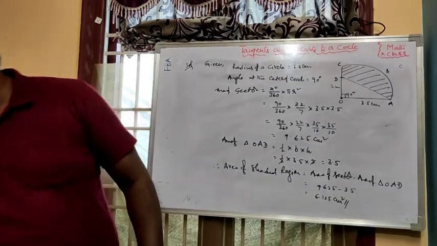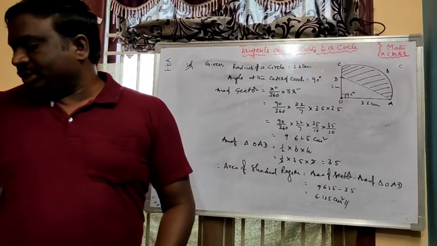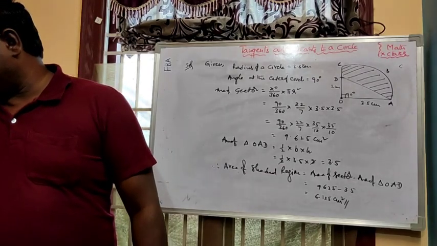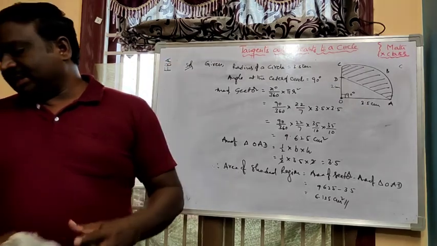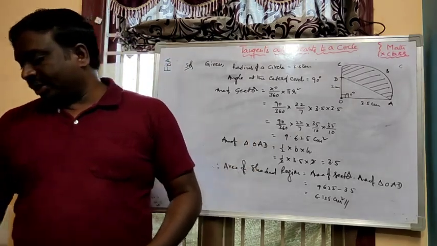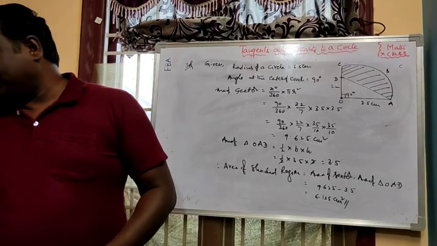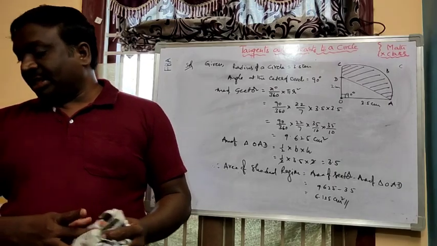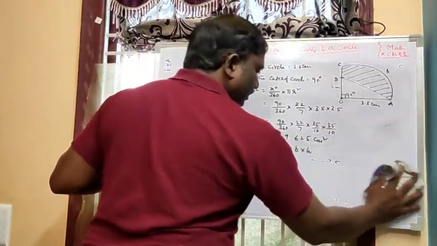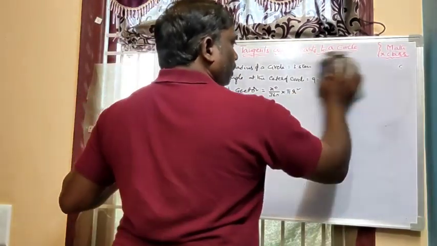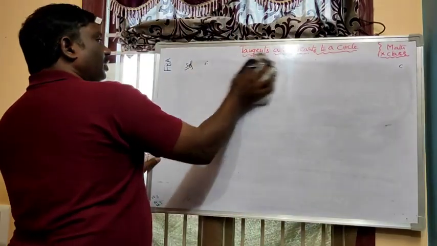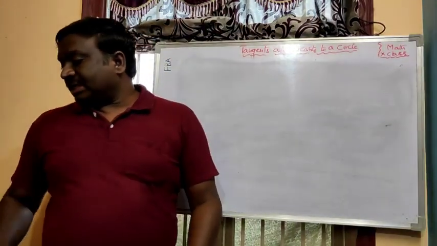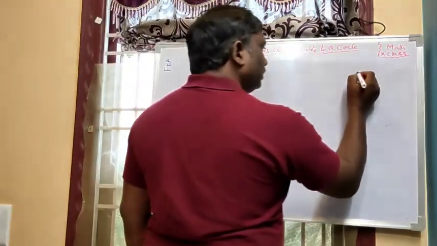And two more questions are there. Those two questions also I will explain here. Hope you understand this question. I am going for the next question. AB and CD are respectively arcs of two concentric circles of radii 21 centimeters and 7 centimeters. They give the diagram also for this question, but there are two concentric circles here.